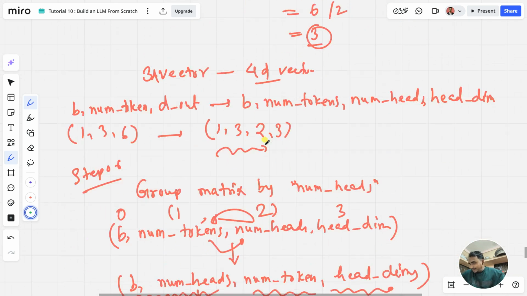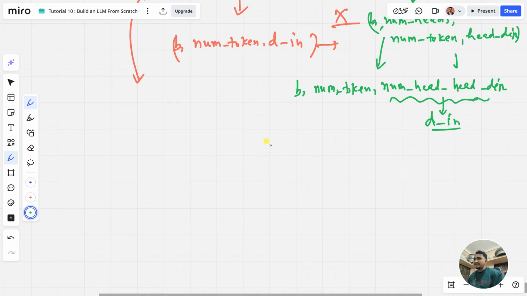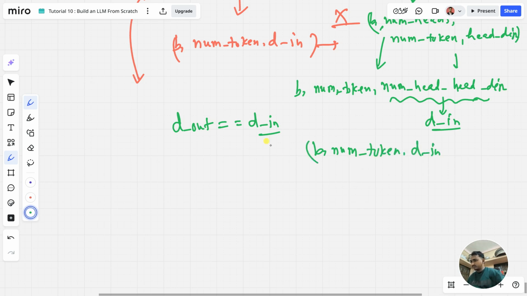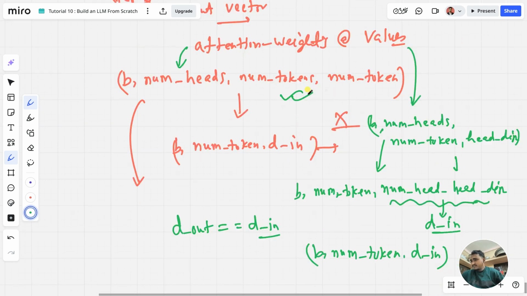But in GPT, the dimensions of D out and D in are the same. D out is equal to D in. So in the case of D out, we can directly say D in, which is our input. After the conversion, we get the matrix of D in. We just have these two matrices, B, number of heads, number of tokens and number of tokens, and if I multiply them,